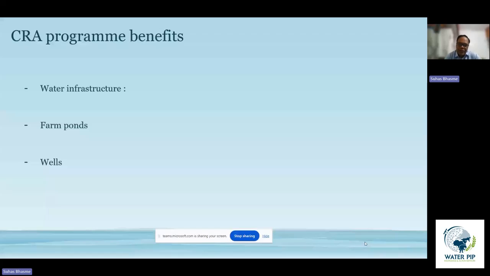And again, what we find here is that small landholding farmers are, to an extent, not the beneficiaries of this particular scheme, because an initial investment needs to be made. For example, if you want to have a farm pond on your field, you need to make the initial investment, and after completion you will be claiming the subsidy. The period required for your application to be accepted and your subsidy to be granted is generally 6 months, or in certain cases we found it also goes beyond a year.